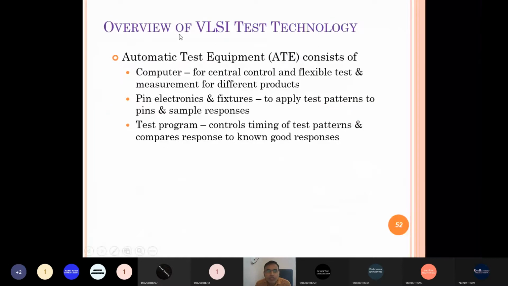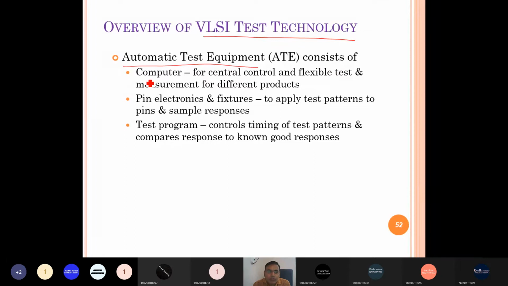So whatever we have discussed in this chapter, let us first see the overview of VLSI test technology. In VLSI test technology, there is the automatic test equipment, ATE, right? It is automatic test equipment. It generates a test pattern and has all the functionality required to test the design as well as the IC.